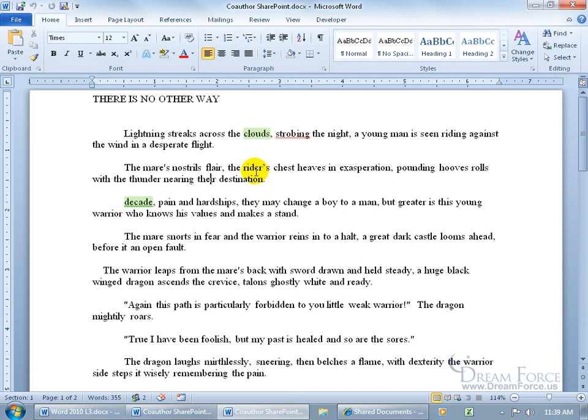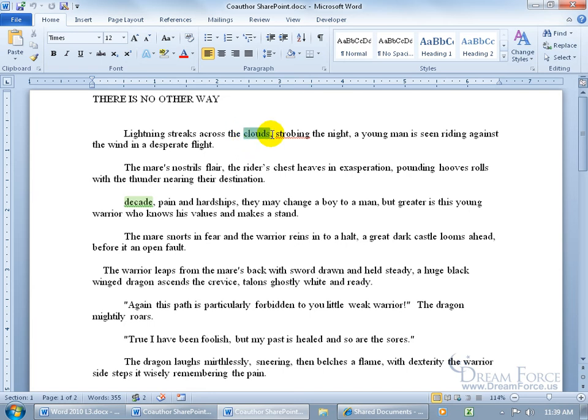Go ahead and click okie dokie. And the changes she made are in green. So from sky to clouds and from years to decade. So now I can come in here and make whatever changes that I want before she starts making changes in that paragraph there. And what's interesting is that these highlights will stay there until I close out and reopen the